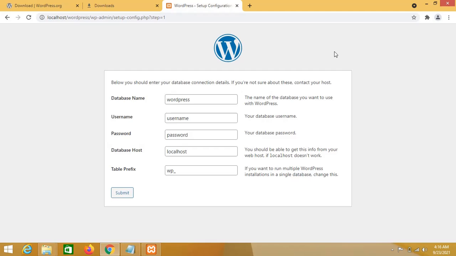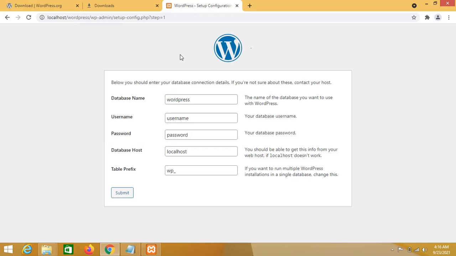When we install WordPress in our localhost by downloading WordPress from the wordpress.org website, what we have to do is first connect with our database. In that case we have to give the database name, username, password, database host, and then submit it. So at present I have not made a database.